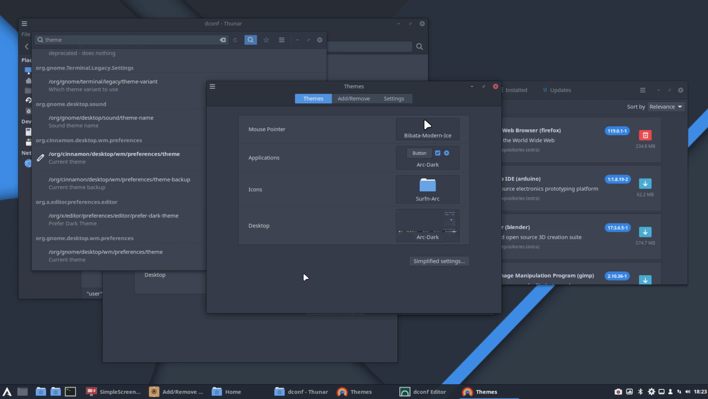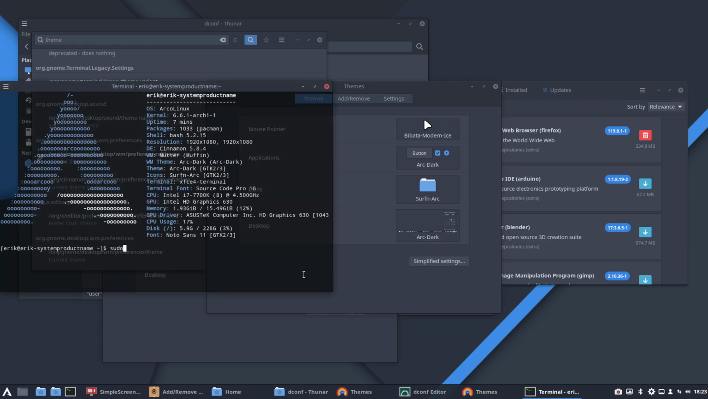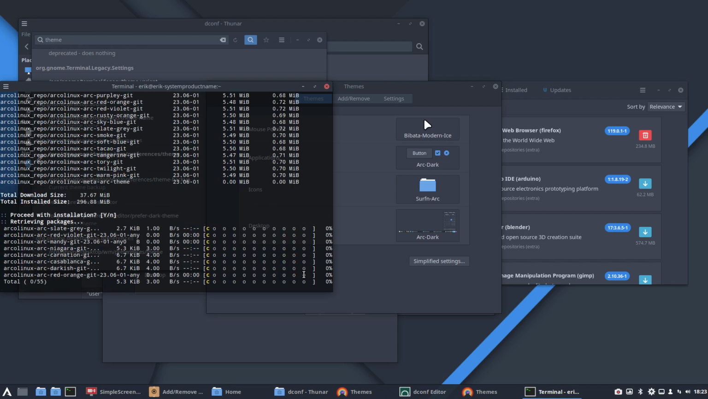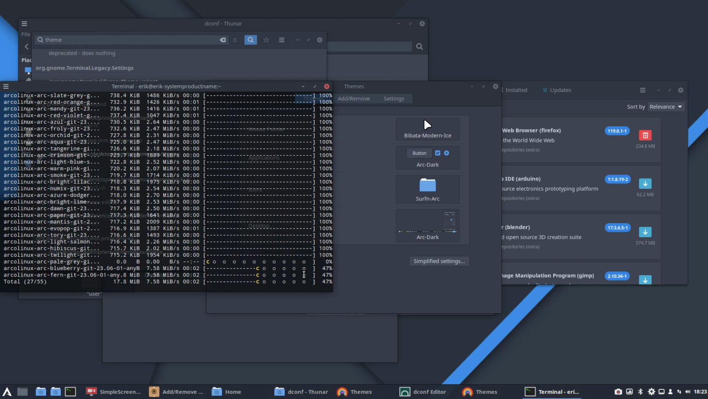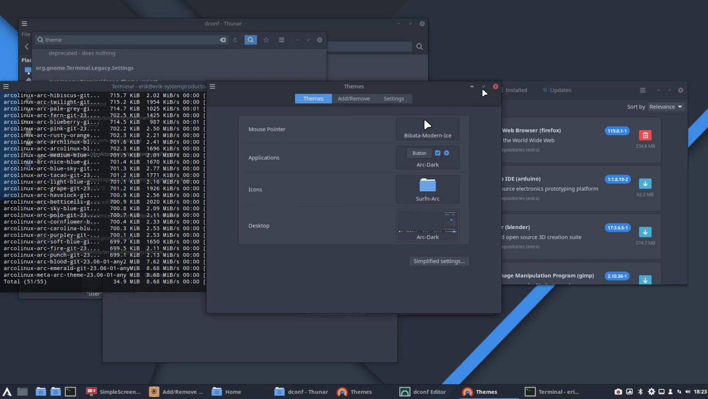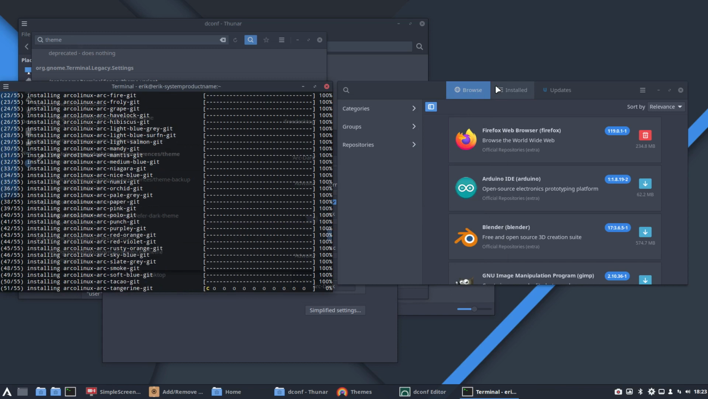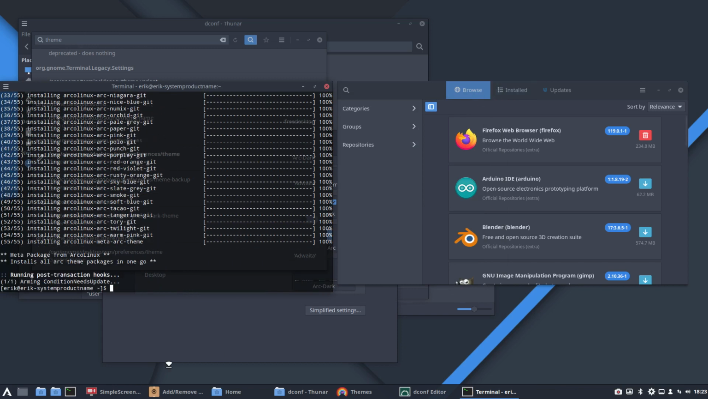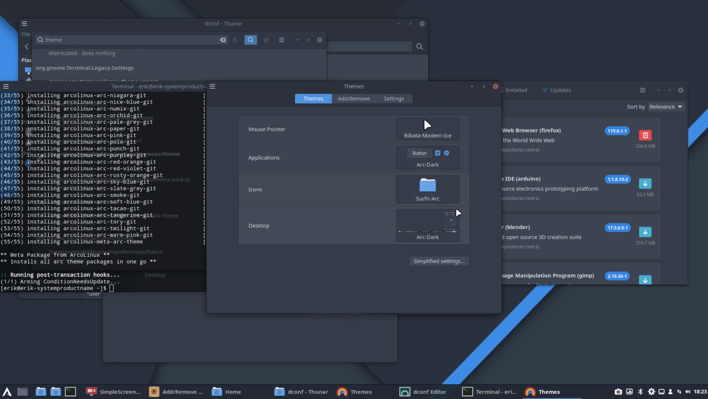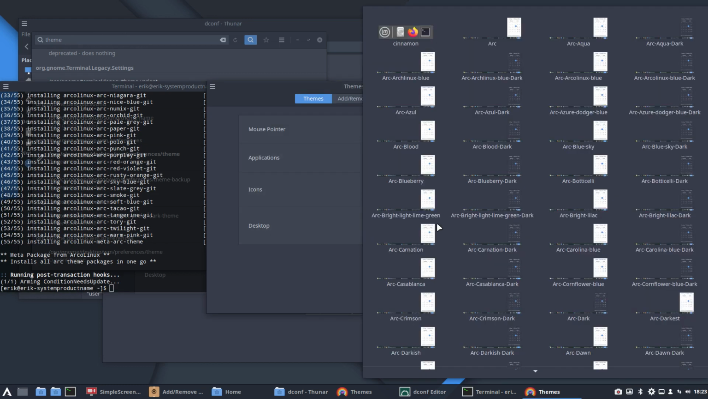There are so many beautiful themes, right? So sudo pacman -S arcolinux-meta-arc-theme, and these are, what was it, 55 themes that are coming in. So close your themes, right? Close your themes, and then reopen it again if everything is installed. So it's going to check again the user share, and it's going to give a long list of all the beautiful things